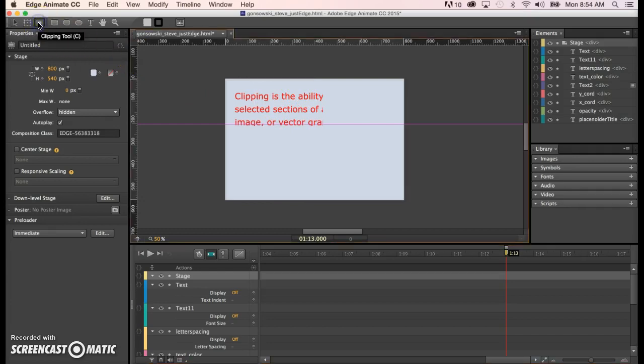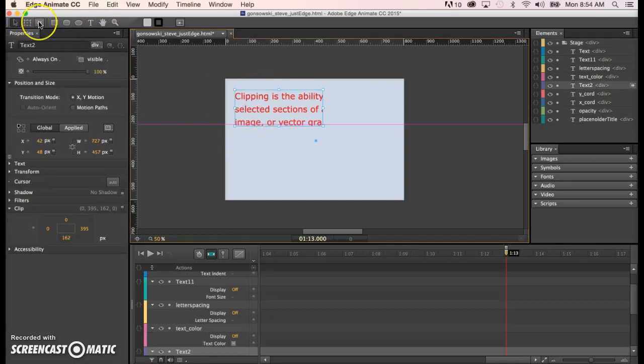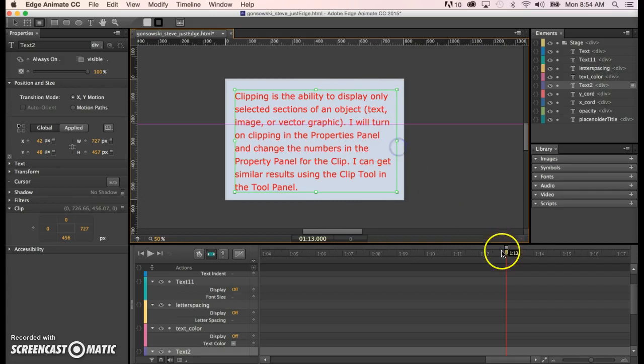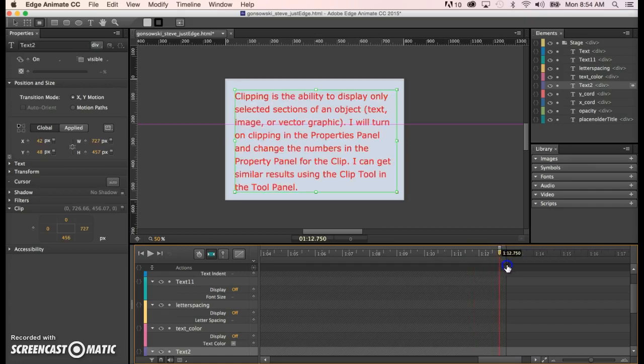So let's go back, either using the properties, or probably a little more intuitive would be to go back here, select the clipping tool, and let's adjust this so that all of it shows for 1 second. So we have it there at 113, I believe it was. Let's go to the display, change it to on so it doesn't show up before then. Shows up now for 1 second, all the entire area, and then we can go to the clip, click on